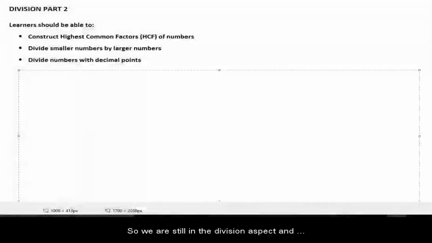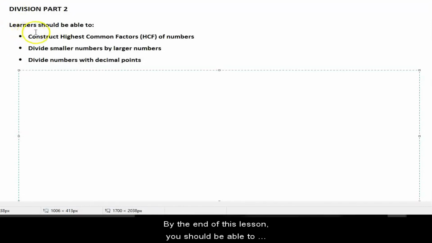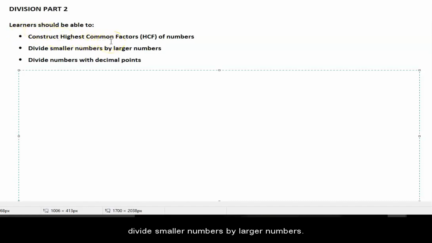We are still in the division aspect, and this is an extension of the previous lesson on division. By the end of this lesson, you should be able to construct highest common factors, known as HCF, of numbers, divide smaller numbers by larger numbers, and divide numbers with decimal points. So as an example, let's look at